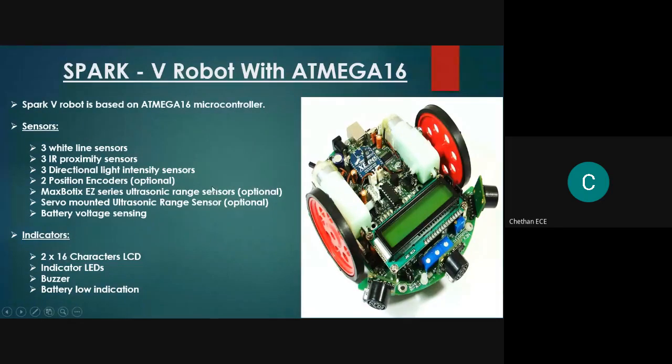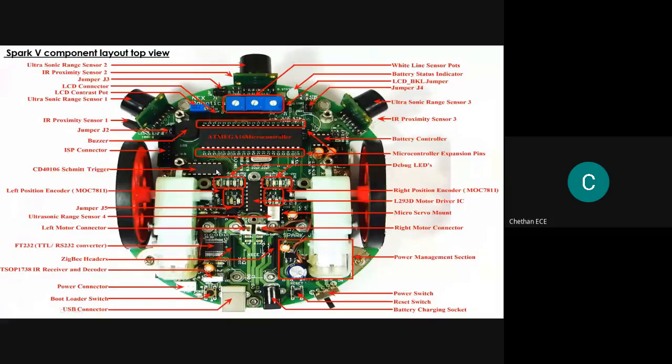Okay, the main important thing to carry from this slide is sensors are used for receiving the information and indicators are used to throw the information from the microcontroller. Okay, we will explore this further in the next experiments. Okay, and this is the robot which we are using in our Yantra lab, Spark 5 robot. You can observe that we have the Atmega 16 microcontroller,